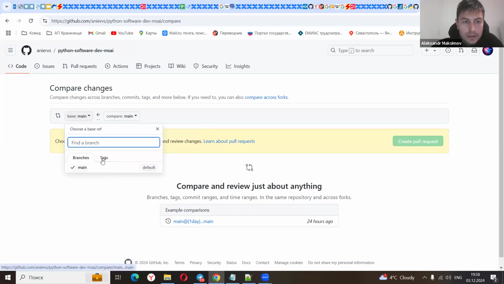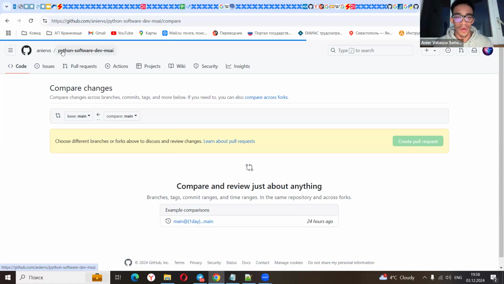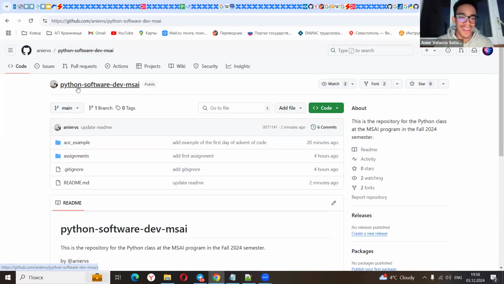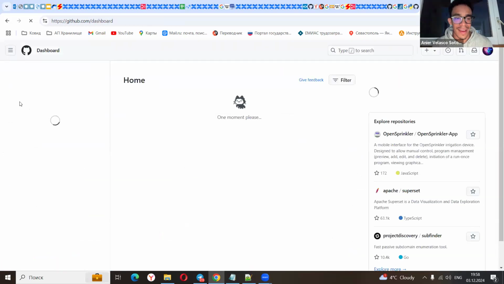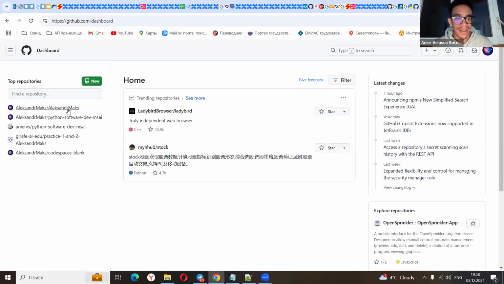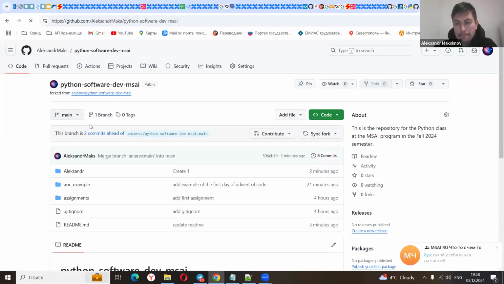Yeah, and in there you can basically. No, wait 1 second. Go back. Go to your repository. I actually forgot. Go to your repository. This one. Yeah. In there you can go to